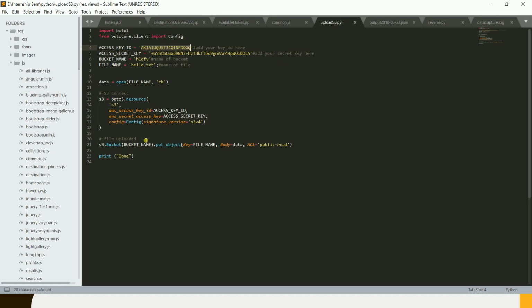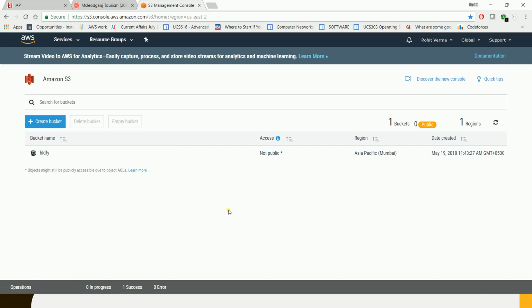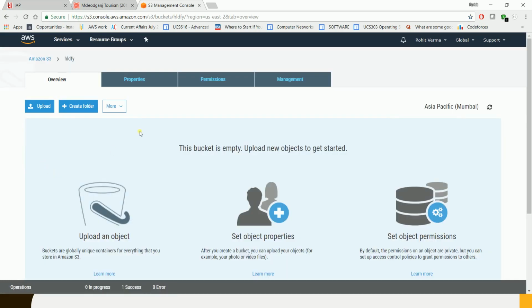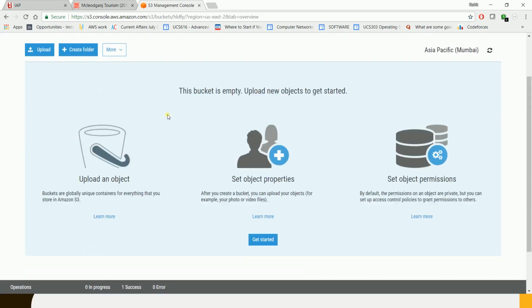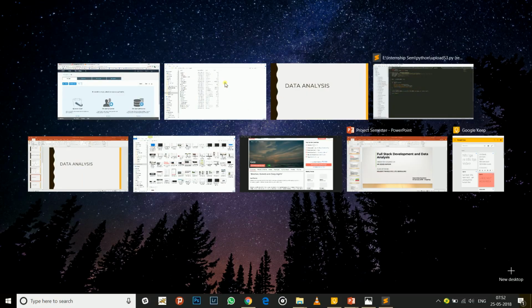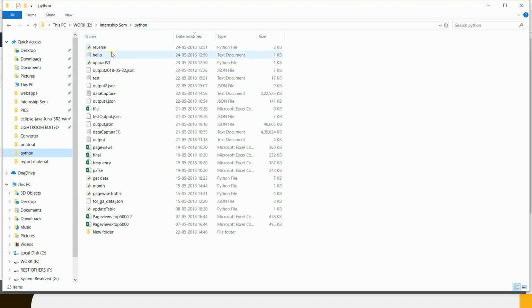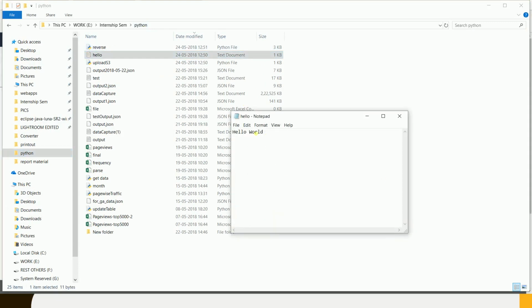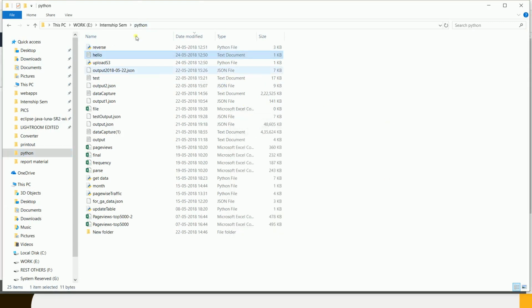Let's see how it is done. So this is our S3 management console here. We have created a bucket called HLDFY, and we can see that there are currently no files in the bucket. Let's upload a sample file into the bucket. We have a file named Hello World here. So let's upload this file